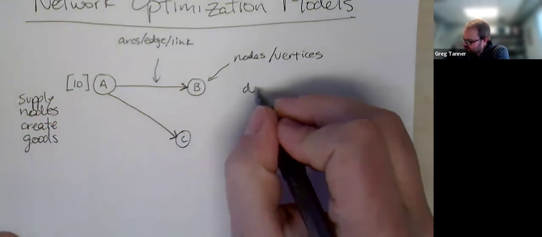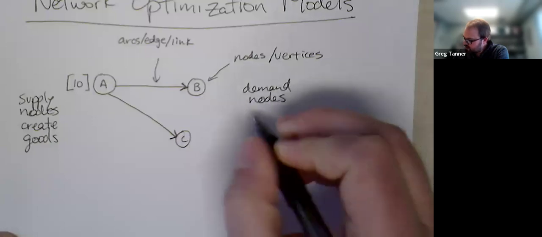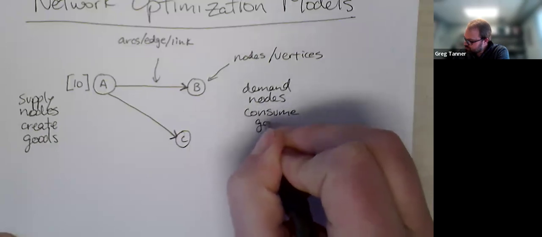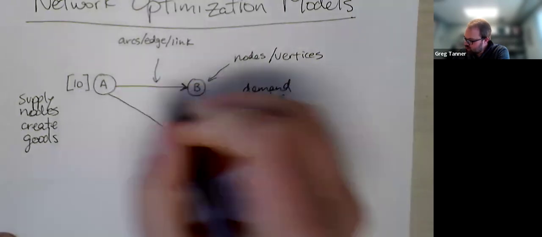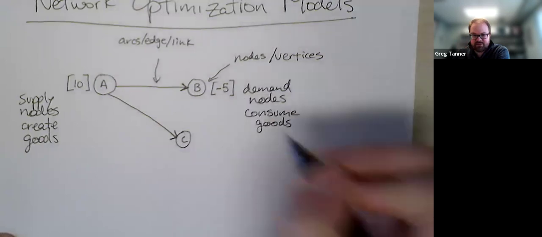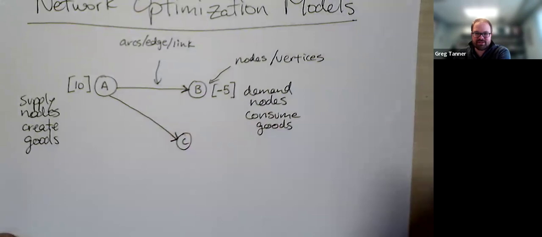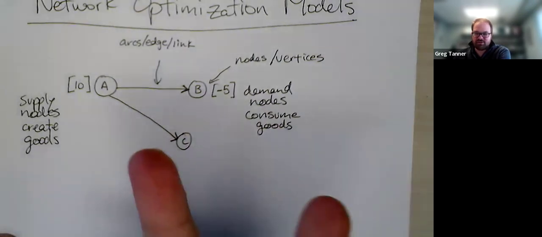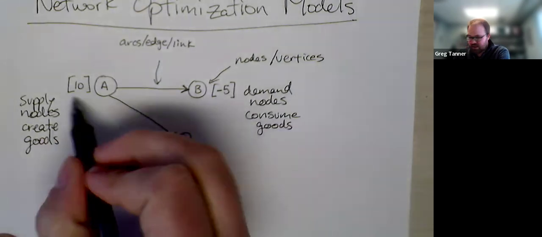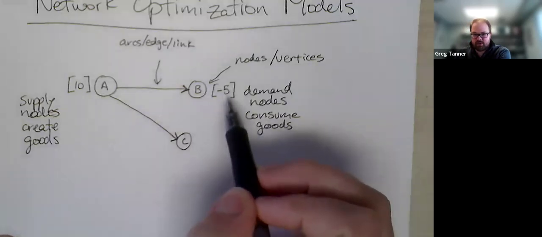Demand nodes, they consume goods. And so maybe there's 5 units of demand, and I'll follow your book's convention and that demand is negative. Be aware that other books and other sources might switch the convention there, and that's perfectly fine. Okay, so demand is negative, supply is positive, and so this one's creating 10 units, this one's consuming 5 units,